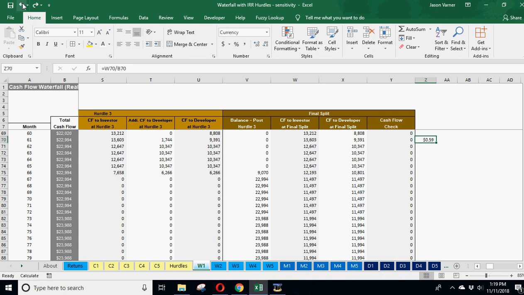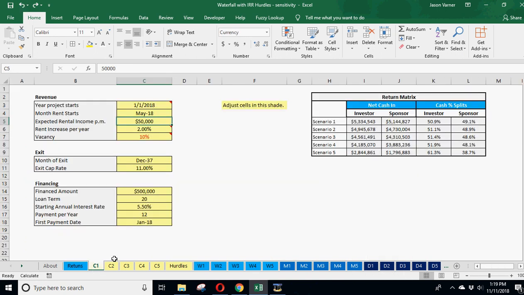Undo that. Okay. So now you can see, you can play with these scenarios and see the final cash splits to the investors and sponsors and the percentage that end up being based on these results. And so what you see here in scenario one is obviously the best. It's the most money that's being made at 50,000 rental income a month. So here's your splits, nearly 50-50 for the whole time, and here's the investor and sponsor splits. And these would be all the available cash flows for the entire project, and this is how they ended up